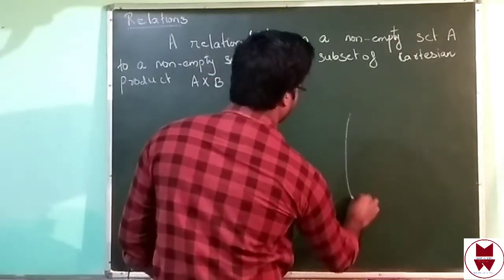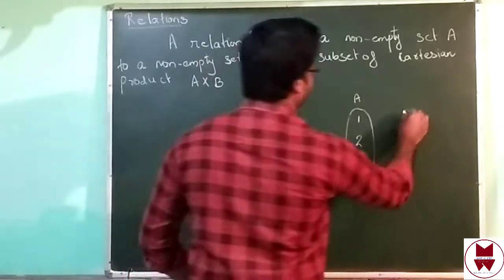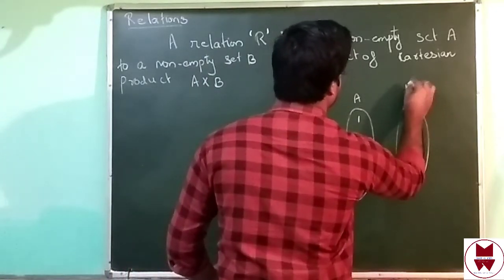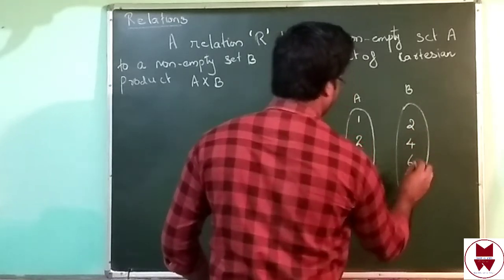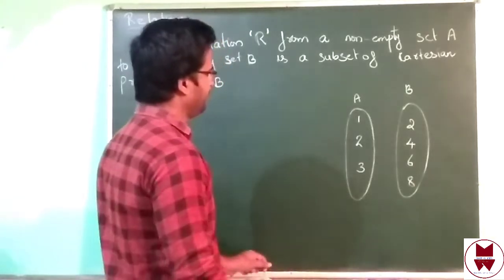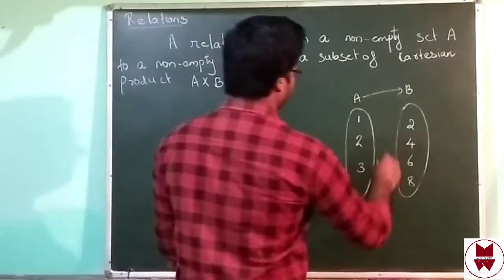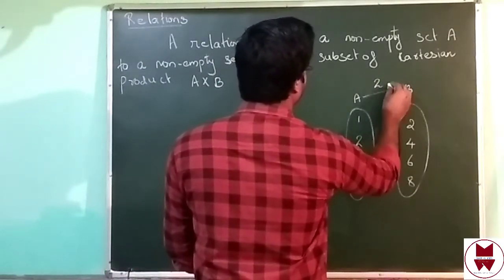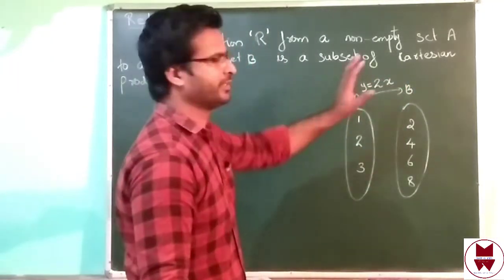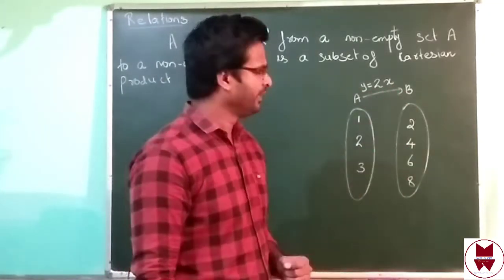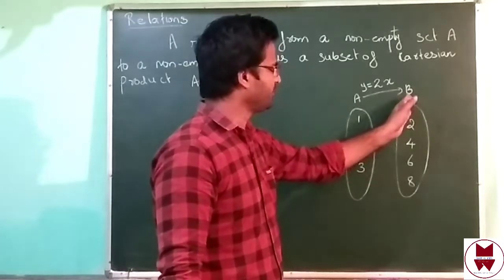Then if we consider two sets, A with 3 elements, 1, 2, 3, and set B with elements 2, 4, 6, 8. A and B have some relation. In case the relation is y equal to 2x, one equation is given. This is a relation. Here x means all the elements from set A, y means all the elements